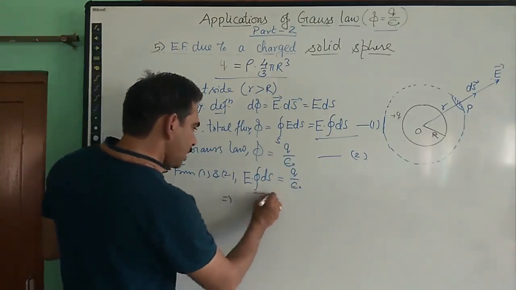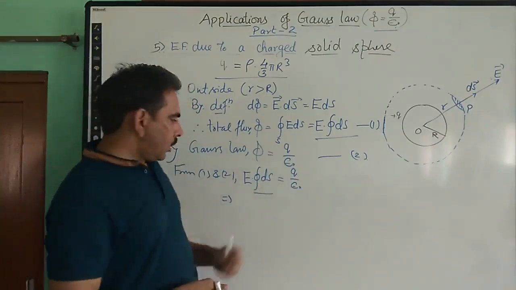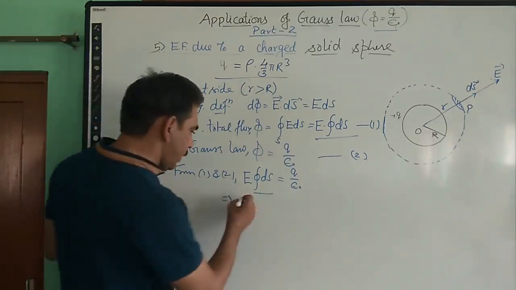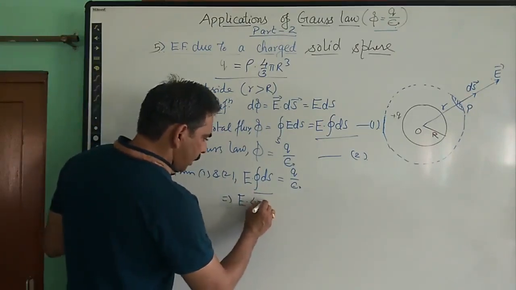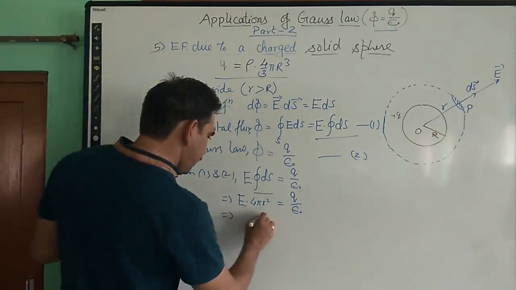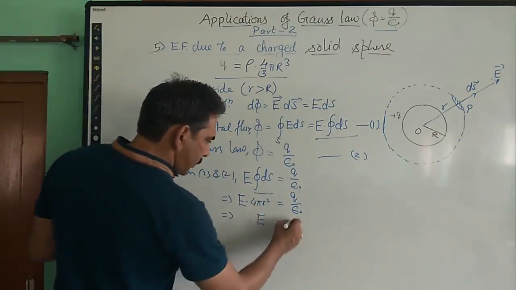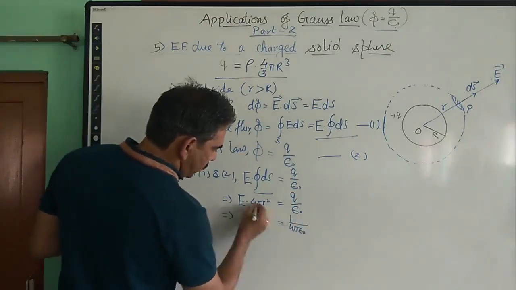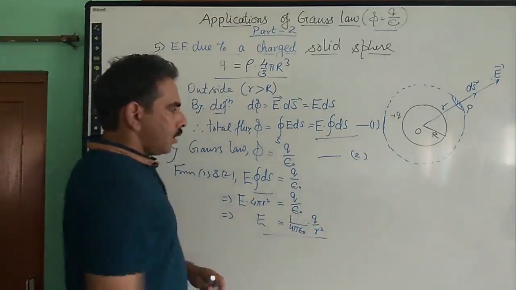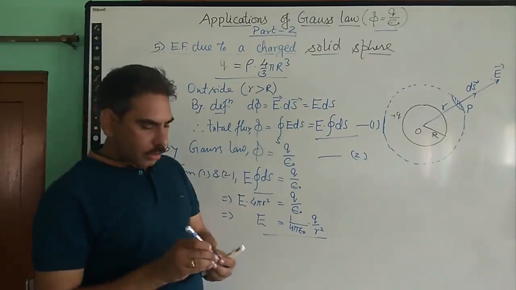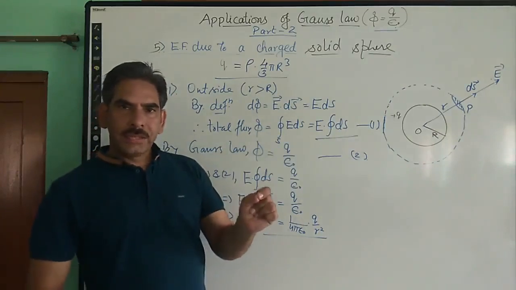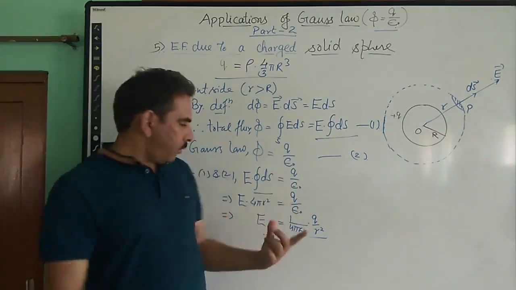From here, this term simply represents the total surface area of the Gaussian surface through which we are calculating the electric flux. So it is E into 4 pi r square, which is equal to Q upon epsilon naught. From here, the electric field reduces to the expression 1 upon 4 pi epsilon naught into Q upon r square, which is again the same expression as we found earlier. So if we compare the situation with the point charge Q, the electric field due to a point charge Q at a distance small r, we get the same expression.